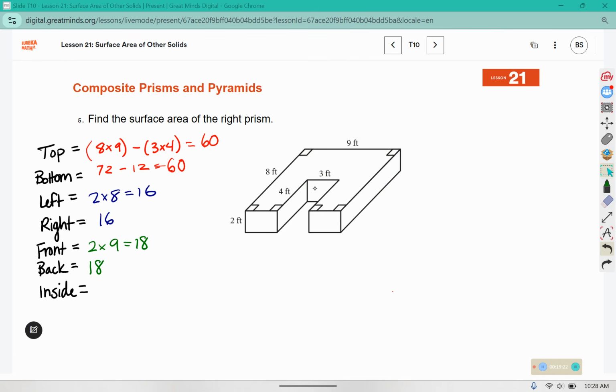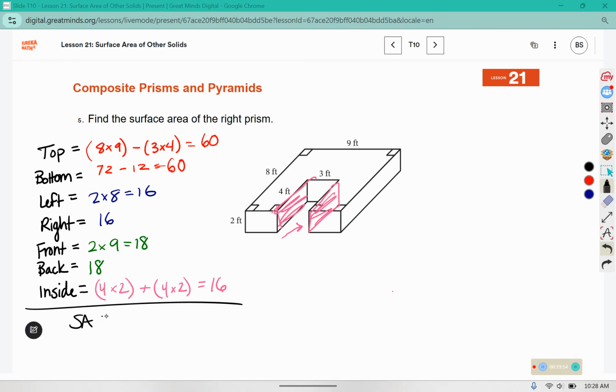Now I already counted this, but I also have these sections here, and then the one that's facing this direction for the inside. That is 4 wide and 2 tall. And there is another one for 2 total. 4 times 2 is 8, plus 8 is 16. So the total surface area will be